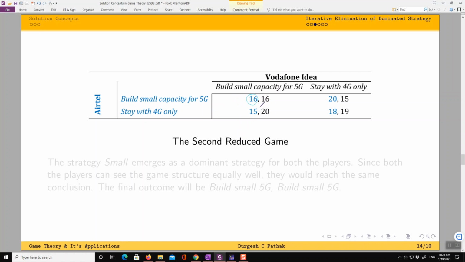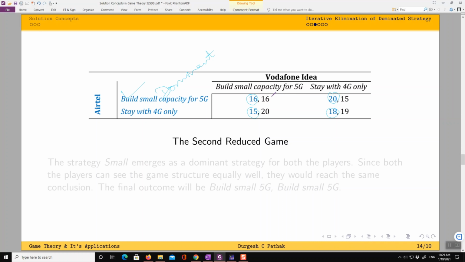If Vodafone Idea stays with 4G, then build small gives 20 while stay with 4G gives 18. For this it is 15 versus 16. So build small is now a dominant strategy for player 1. Strictly dominant. What about player 2? For player 2 also build small.